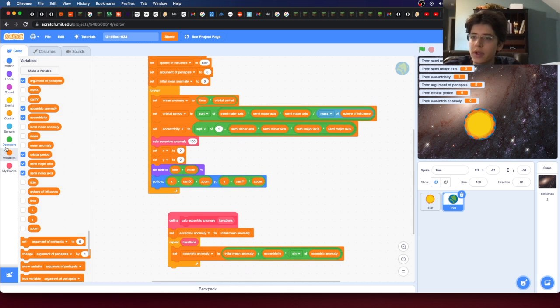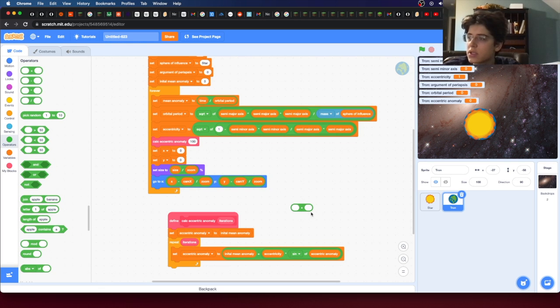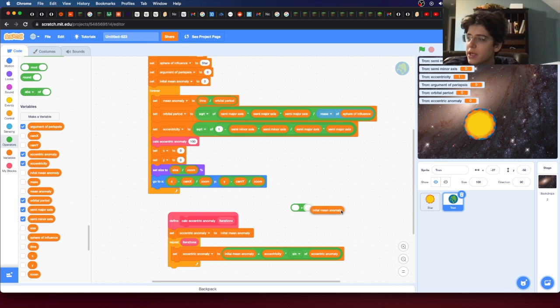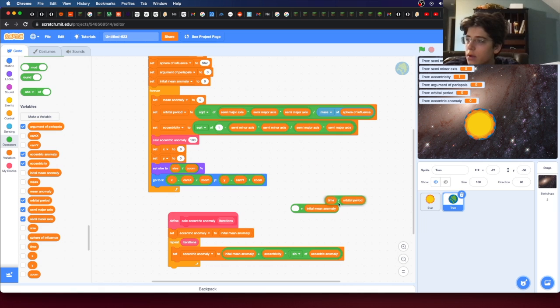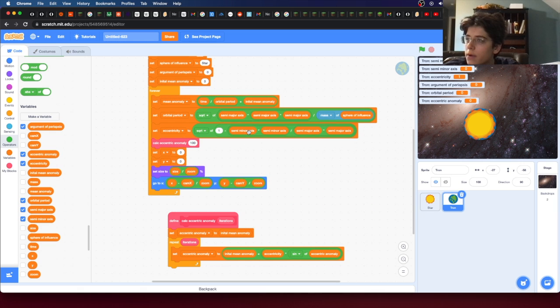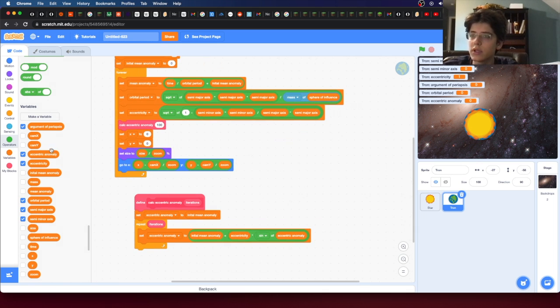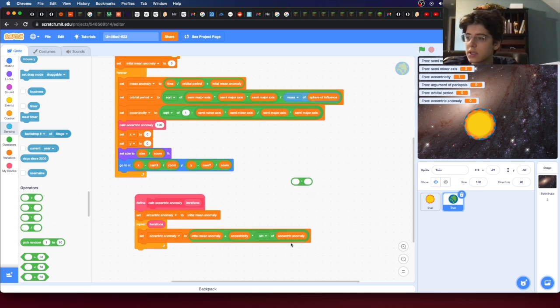Oh wait, one more thing. We need two more things. One, we need to do the initial mean anomaly. Like this. And then the other thing we'll need to do is convert this from radians to degrees, because Scratch uses these sine and cosine and arcsine equations in degrees, and we are going to be using radians, so we need to convert from radians to degrees. To do that, we divide this by